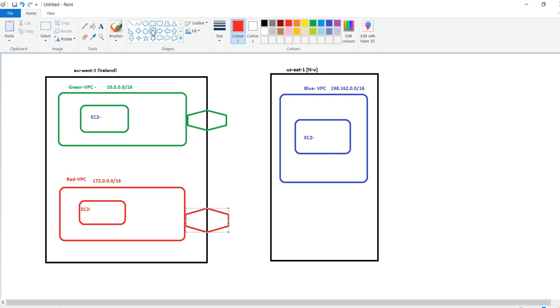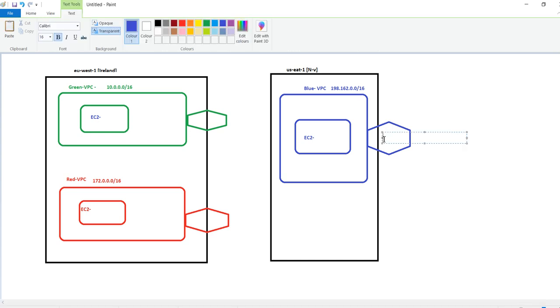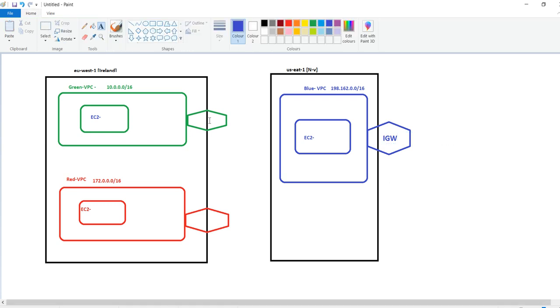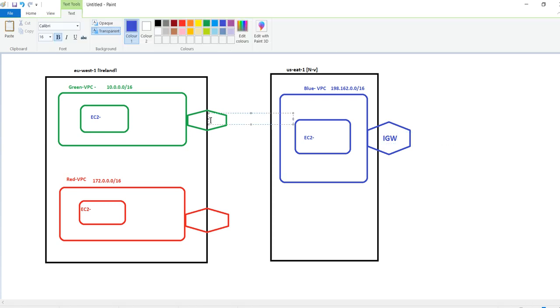The same way for this blue one as well. We can call it IGW, internet gateway.